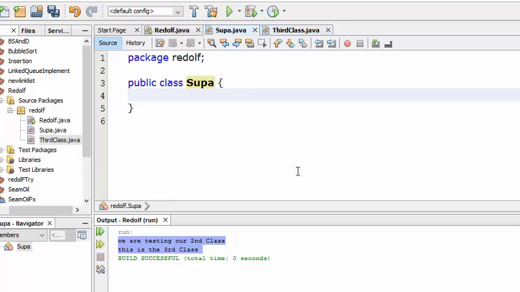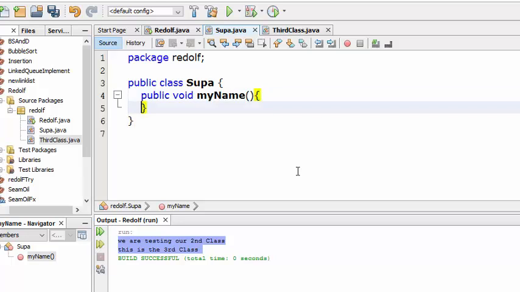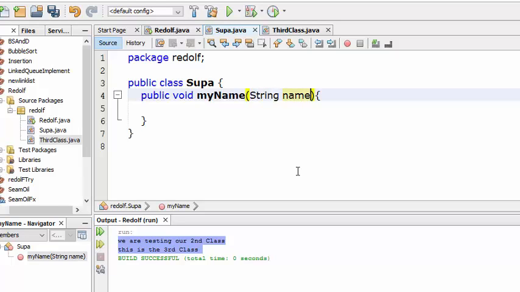So I'll come to the super class. In the super class I'll create a method, public void, and I'll call it my name. Inside my name, now in the previous tutorial we left the parentheses empty, but this time around we are going to put in a variable. Inside this I'll say string name. This is a variable that we've kept in the